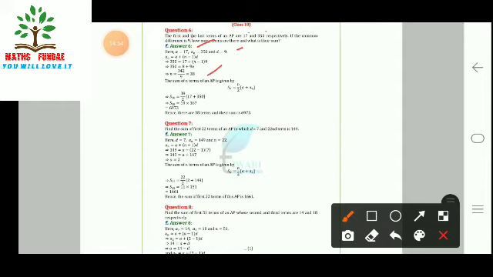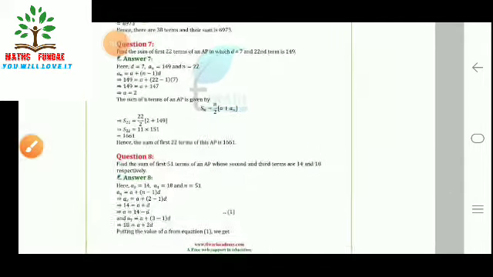Now in question number 7, find the sum of the first 22 terms of an AP whose common difference is given and the 20th term value is given, 149. So d is given to us, an is given to us, n is equal to 22. So an is equal to a plus (n minus 1)d. That is a22 is equal to 149 is equal to a plus 21d. On solving this we are getting a is equal to 2. After getting a is equal to 2, we have to find the sum S22. So n upon 2 (a plus an). S22 is equal to 22 upon 2 (2 plus 149). On solving this we are getting S22 is equal to 1661 as the answer.